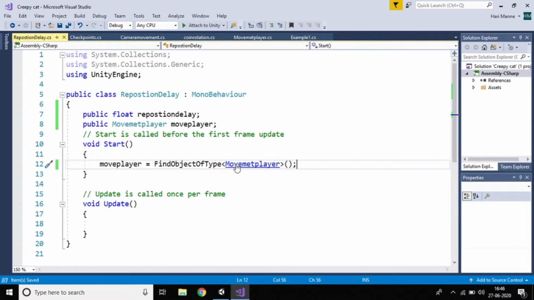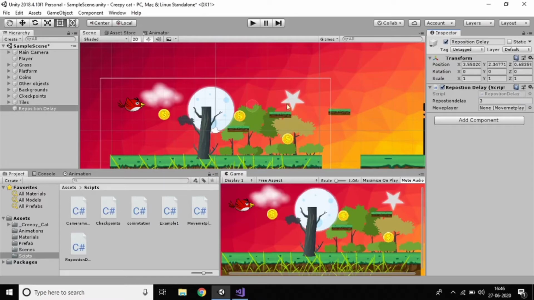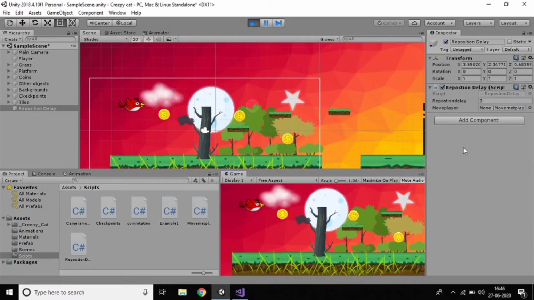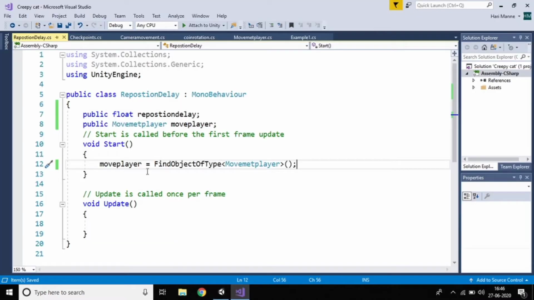And now just press Control S, and we can see what happens. Now there's no need to drag and drop here, and it is none, right? Just press the play button and you can observe what happens. You can see it automatically finds the object, wherever it is located, it adds it by default by adding this line of code.